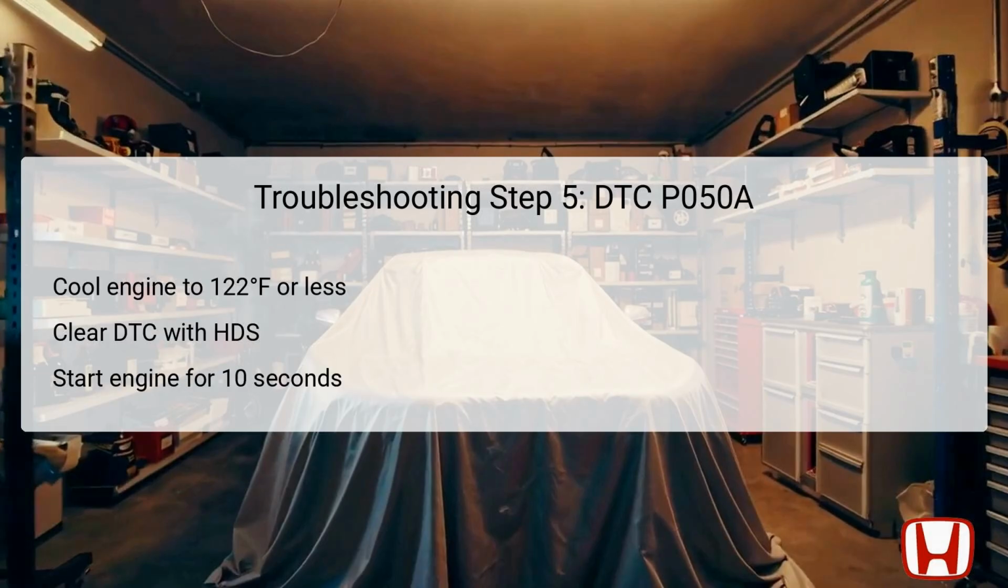Step 5 involves allowing the engine to cool down to a temperature of 122 Fahrenheit, 50 degrees Celsius, or lower before proceeding. This specific temperature ensures that the engine is within optimal parameters for testing the idle air control system functionality. Once this cooling process is complete, you will clear the DTC P050A using the HDS, resetting any fault indications